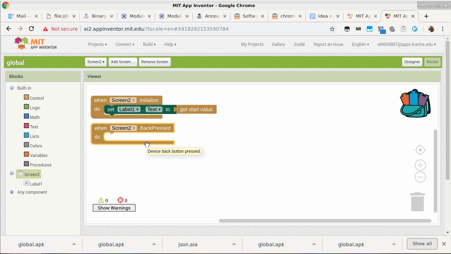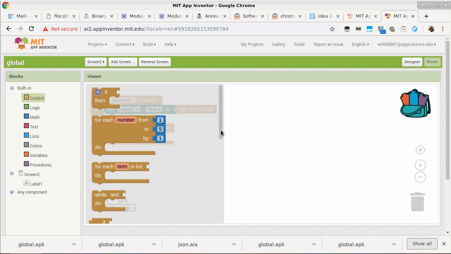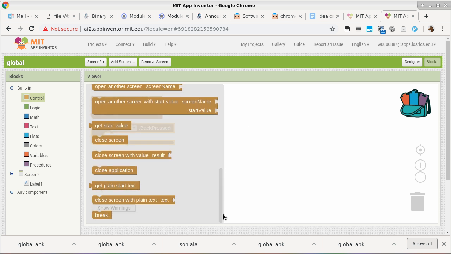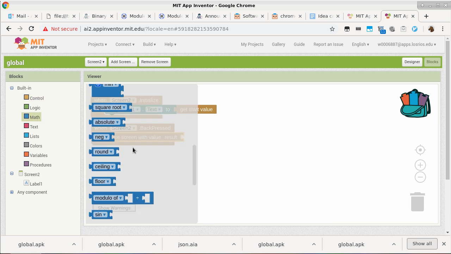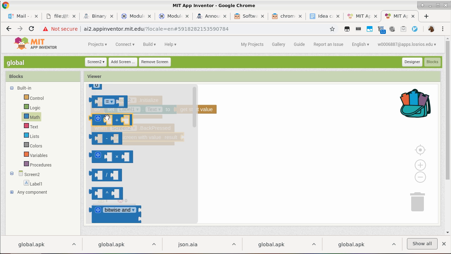okay? I'm not displaying the sum on the second screen. I'm sending back the value of the sum. So I'm doing it in a very convoluted way, but to illustrate the mechanisms that you can use in screens. Okay, so you go to control, go all the way to the end because that's where all the screen related stuff is. And this time we're going to close screen with a value as a result. Okay, so that result is a mathematical sum. So we go to math, we pick up the addition,